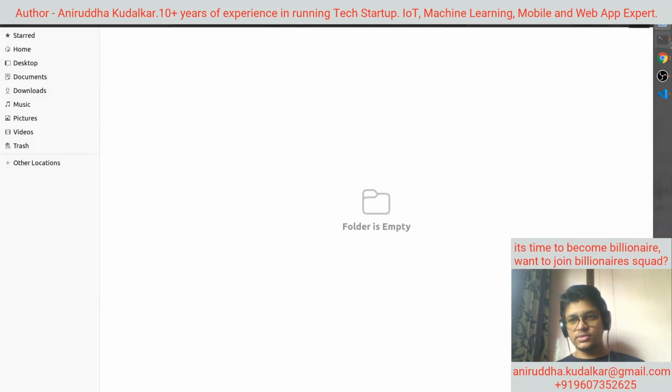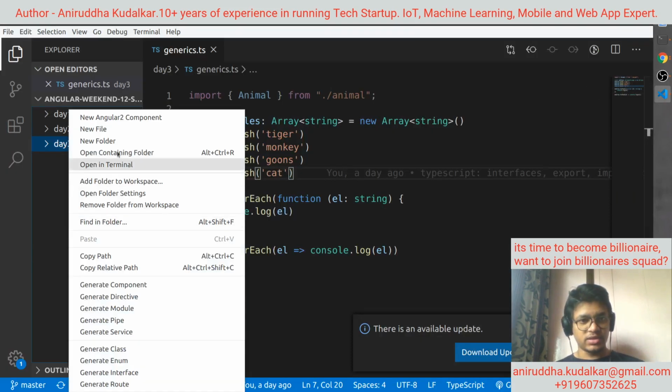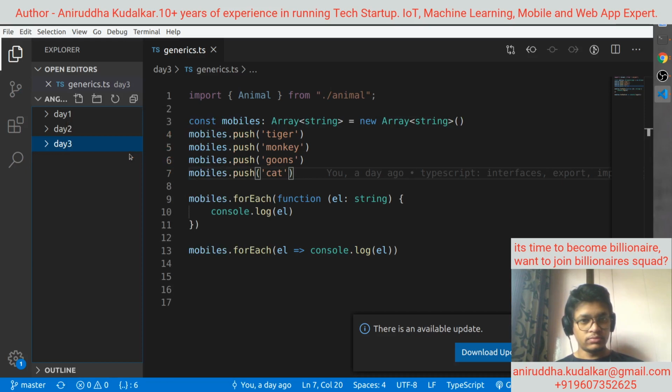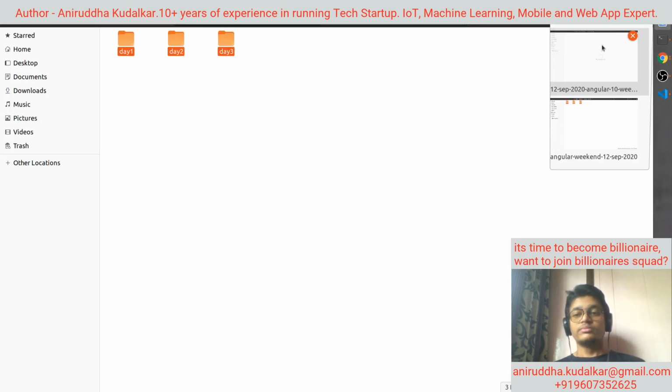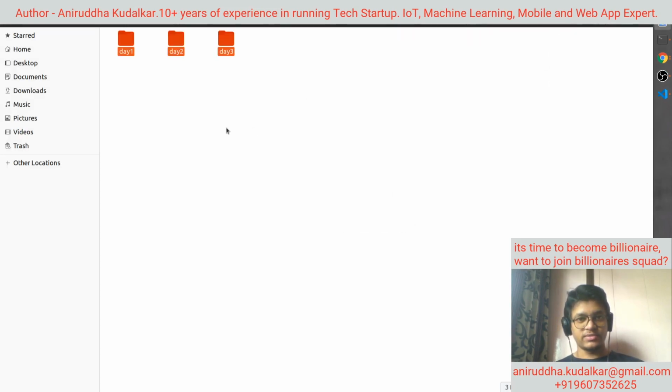Before that, we have these 3 folders also. Open in a folder, and these 3 folders I'll copy and paste here. Okay, and inside this only I would like to create the project.